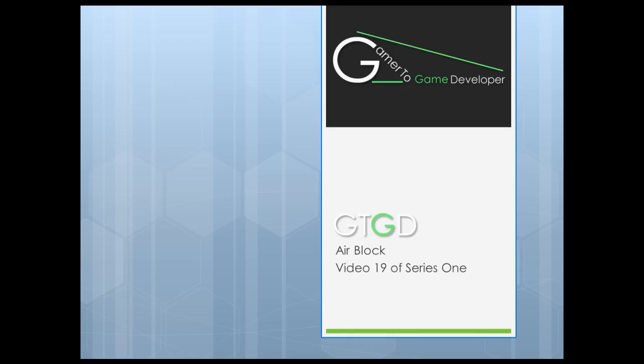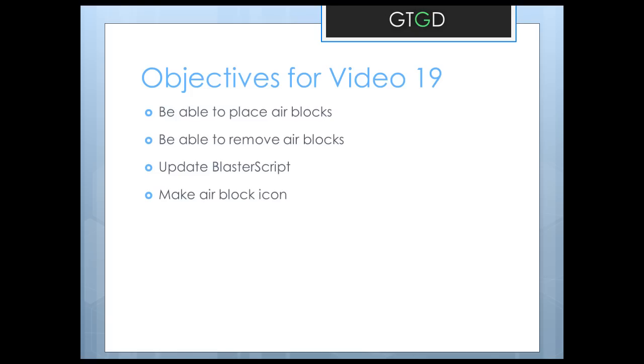Welcome to video 19 of Gamer to Game Developer Series 1, and in this video we implement the AirBlock. So we have a couple of objectives. We need to be able to place the AirBlocks, so we'll set up the system for that. We need to be able to remove them, we'll set up the system for that as well, and then we'll update the BlasterScript to recognize the AirBlock, and we'll make the AirBlock icon which will get displayed by the BuildOption